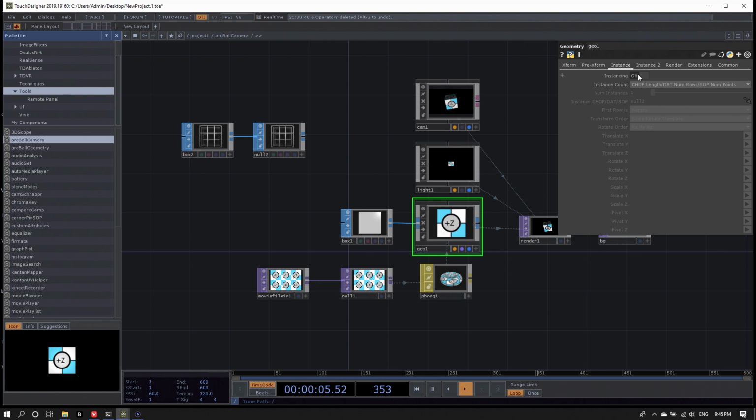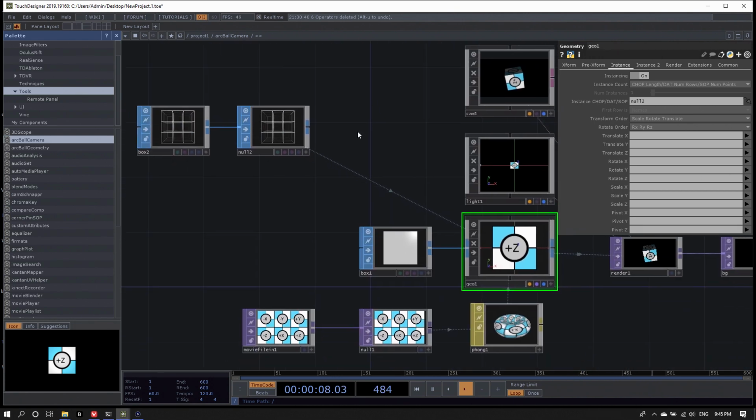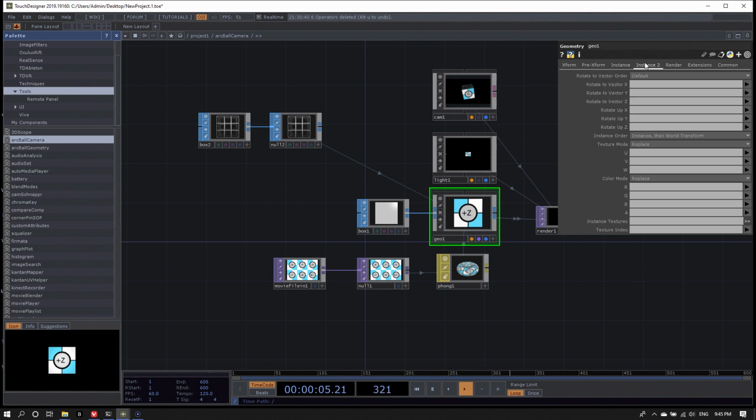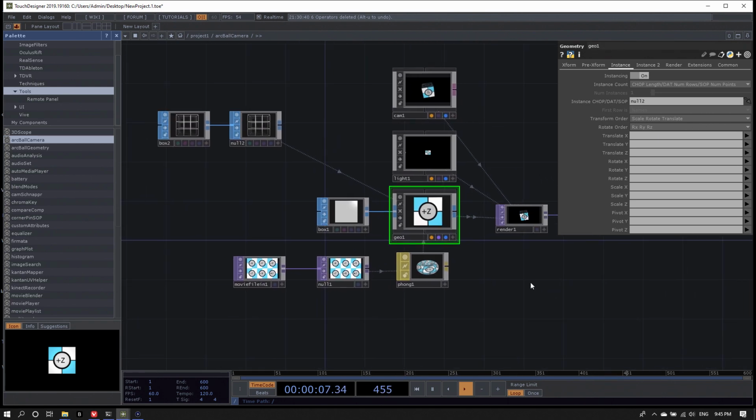You might have realized I turned instancing on to make this parameter available here. So now we have instance chop/sub referencing our box with the subdivisions. And now all the other parameters also become available. Translate x, y, z. If you look on instance 2, there's also color, which can be the color attribute here that we can control. So we have everything that we need to create the same thing that we did with the copy sub, basically. So now for translate x, y, z,